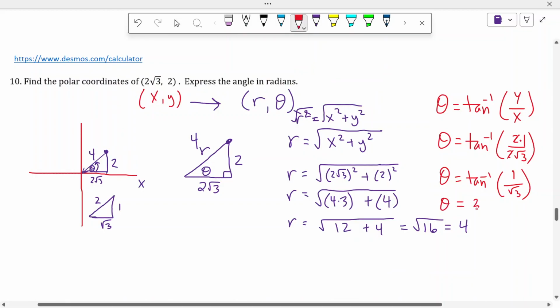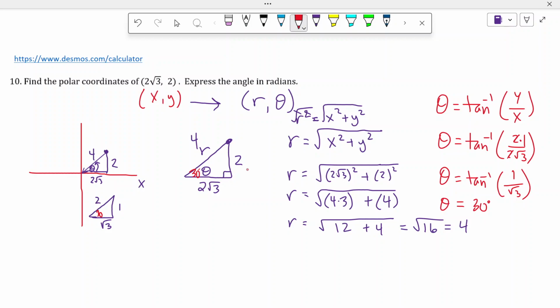Yeah, that's because this angle is just a famous 30-degree triangle right there. This is 30 degrees right here. We should have known that in the good old 1, 2, square root 3. So we've got everything we need. In fact, actually, now that we got the 30 degrees, that makes sense. Quadrant 1 is 30 degrees. So we can write our final